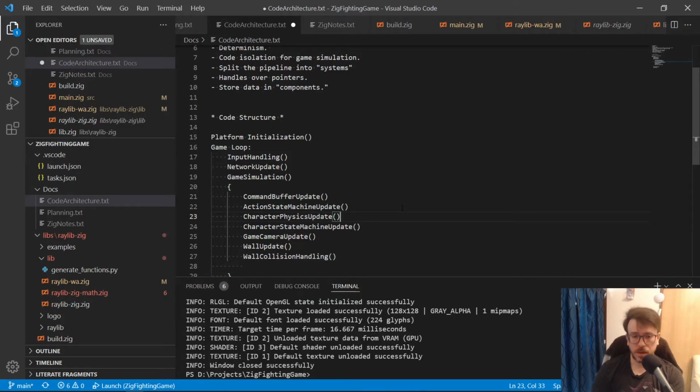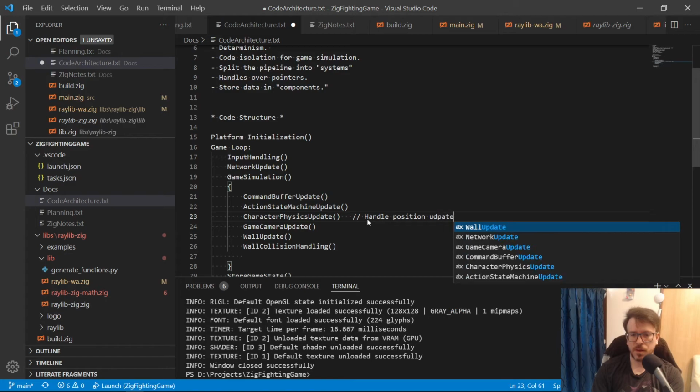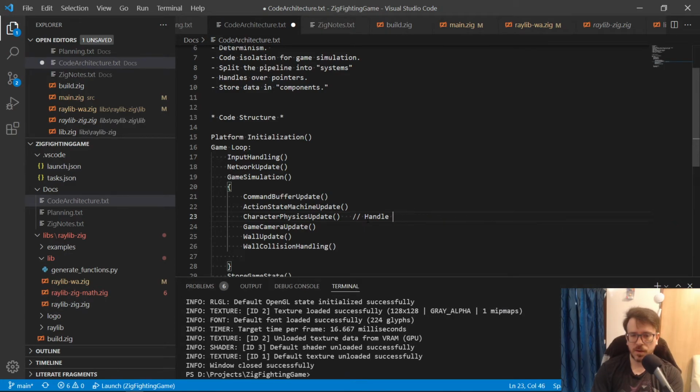Okay. Now this is kind of a tricky thing. We actually might have to pipeline this, split these stages up to be more granular. So in the character physics update, we'll handle position update. We'll handle things like velocity.